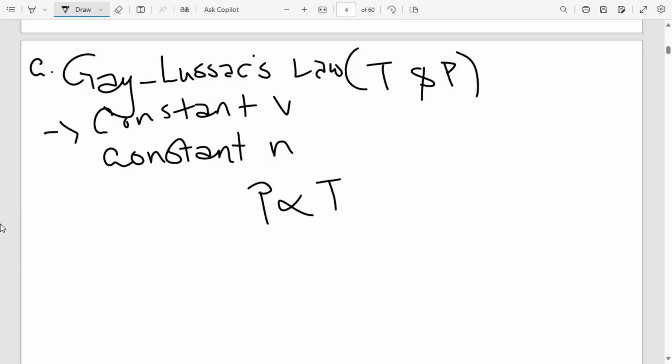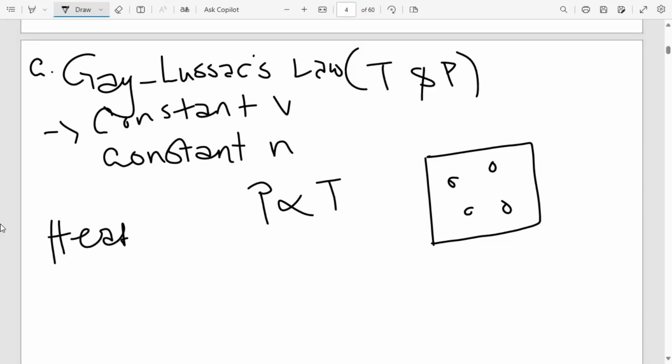We've maintained the same volume, we've maintained the same number of molecules, but using the kinetic theory of gases, you're going to notice that whenever you apply thermal energy to a gas or to a substance, what does it do? It increases the heat in the system, or it increases the temperature of the system. And how does the temperature of a system actually affect the pressure of the system? It's because when you supply thermal energy, or supply heat to a substance, it is going to lead to what? It is going to lead into increase